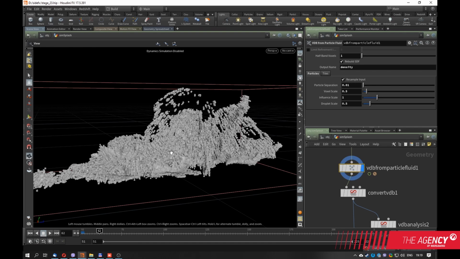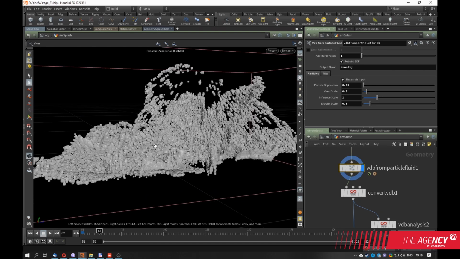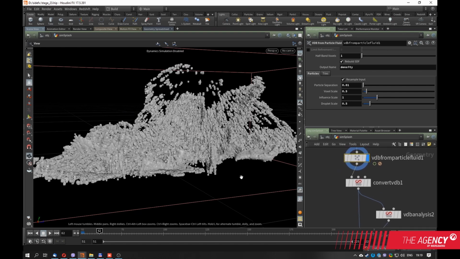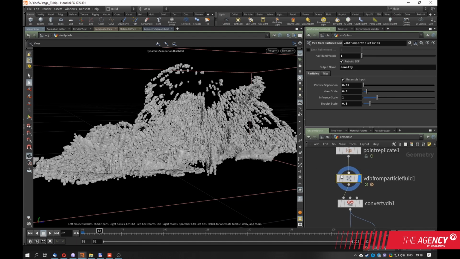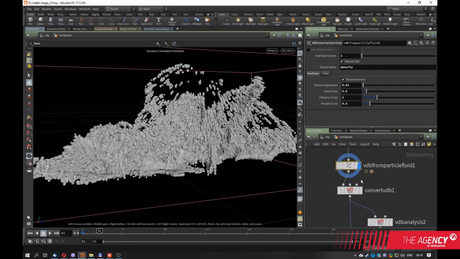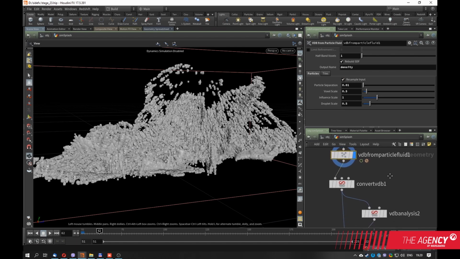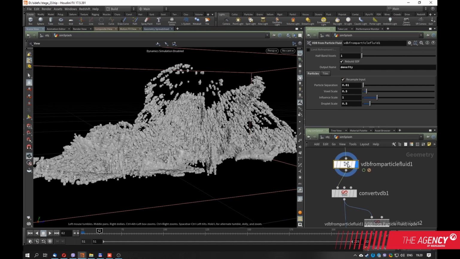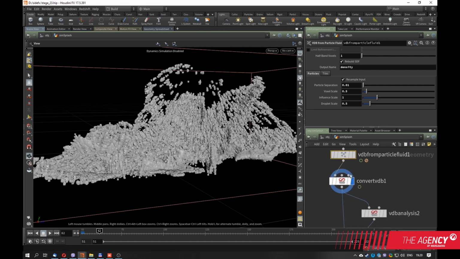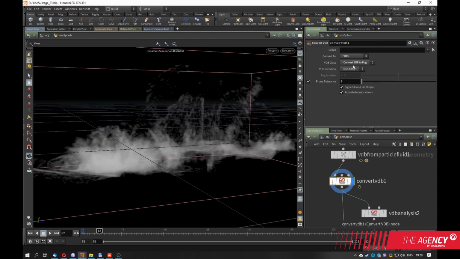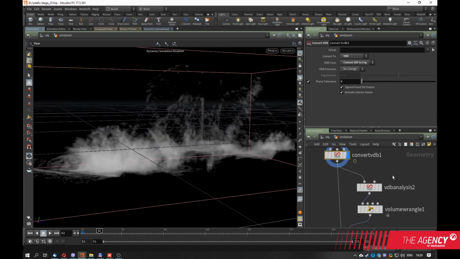It can be done by rasterizing point density attribute, or just using this operator, VDB from particle fluid. I have used exactly this operator because it has almost similar controls like particle fluid surface, but it creates SDF volume. I need fog, so I convert SDF to fog,